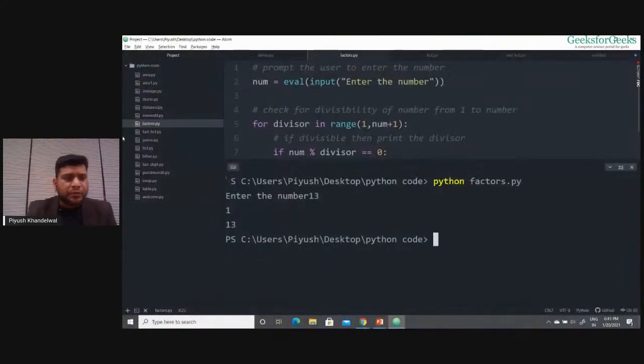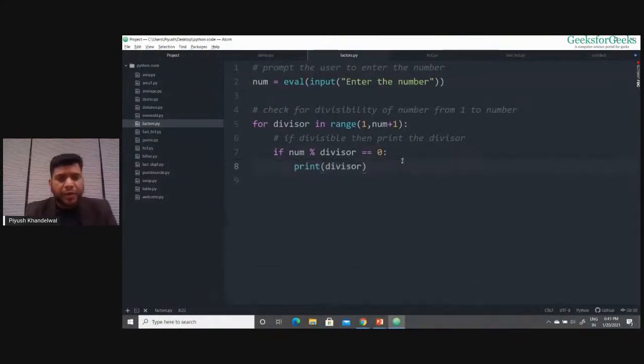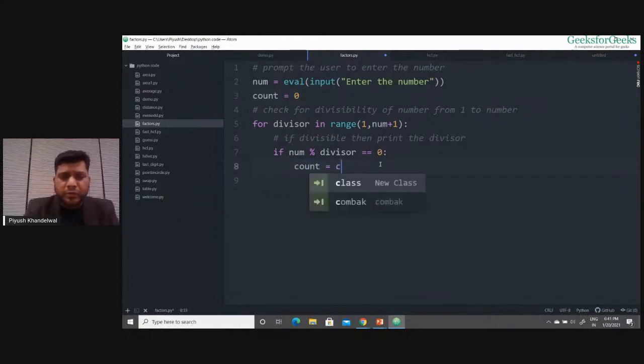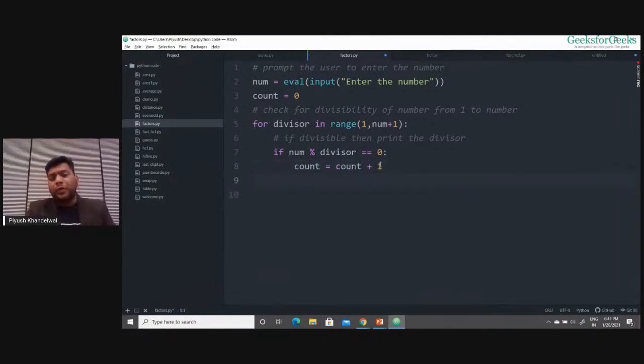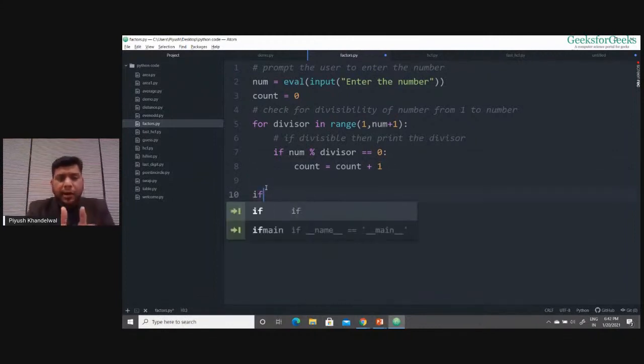Okay. So this was our factors program. I'll modify this only. So I'll take the value of count here. Count equals 0. Initially count is 0, so we are assuming that we have not found any divisor of this number. Now instead of printing here, what I have to do is count equals count plus 1. I'm increasing that count. Now when this for loop executes, you see I'm writing this if statement outside the for loop, right? It is not indented, it's starting from the left, so it is outside this for loop.